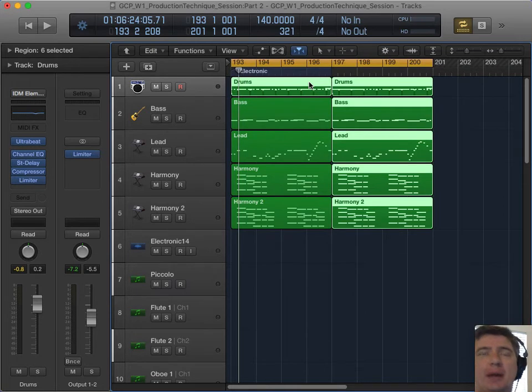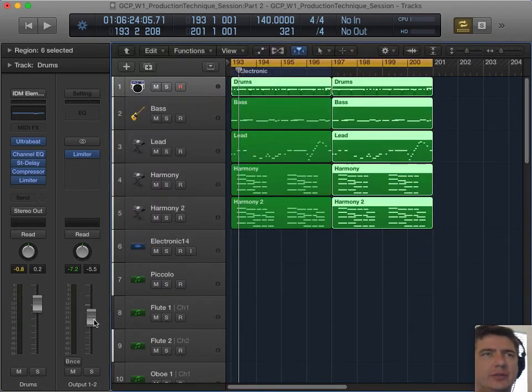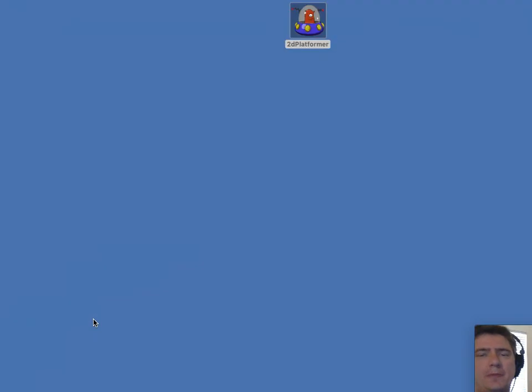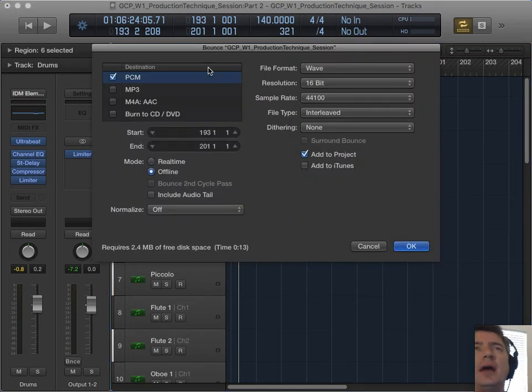Now we're going to bounce it out again. We're going to make sure it's twice as long. Everything looks good. Let me turn it back up. Oops, that's not the button I wanted to hit. And we will try again.